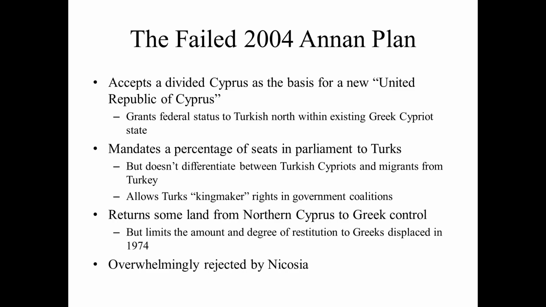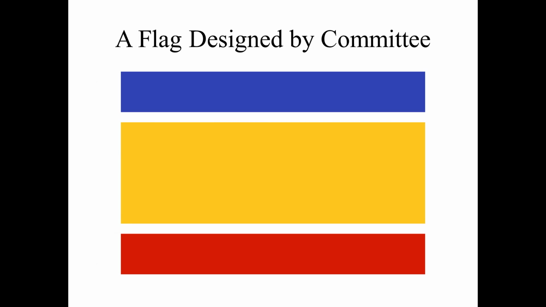This plan basically unifies the island, but not according to what they want. So when the plan was submitted for a referendum in both the Turkish and the Greek sides of the island, the Turks overwhelmingly voted in favor, while the Greeks overwhelmingly rejected, right? And the new Cypriot flag would be this weird color-coded whatever that has absolutely no national bearing whatsoever to Greek or Turkish identity. I mean, it's really a flag designed by a committee.